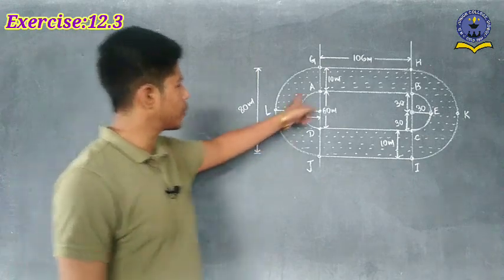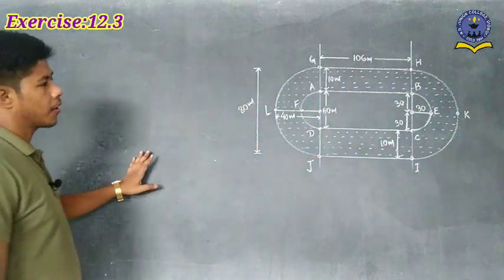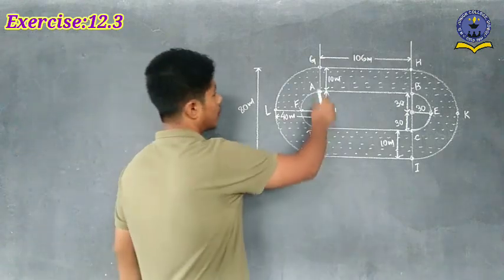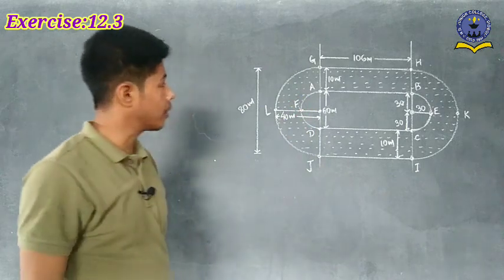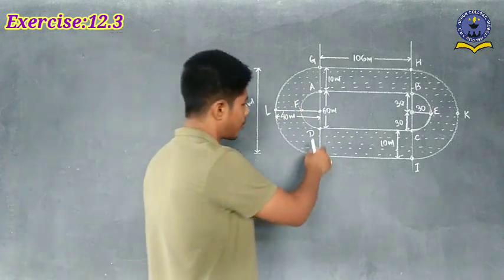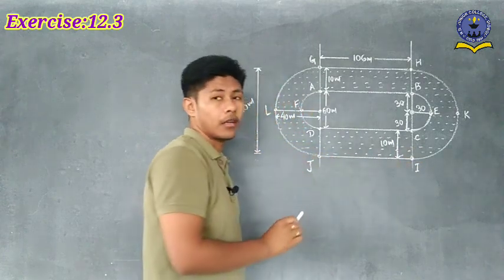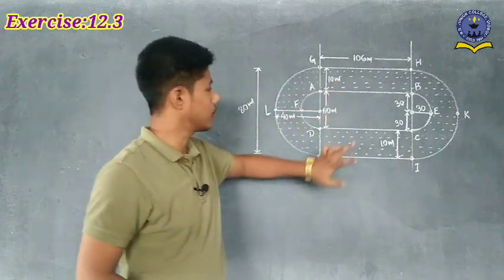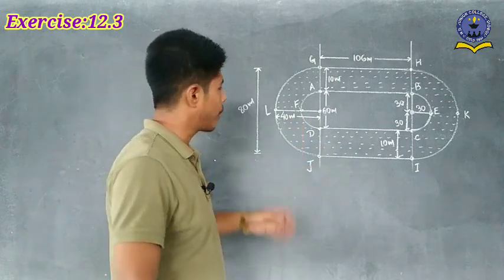Next question is here, we have to find out the area of the track. That means area of the track means what? We have to find out the area of the shaded portion. So now in this case, if you see here GHBA, this one is a rectangle or not? Isn't it? Similarly, another rectangle is here, DCIJ. So these two are the rectangles. So easily we can find out the area, length into breadth, isn't it?